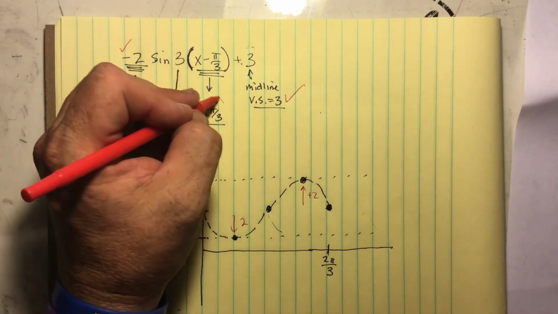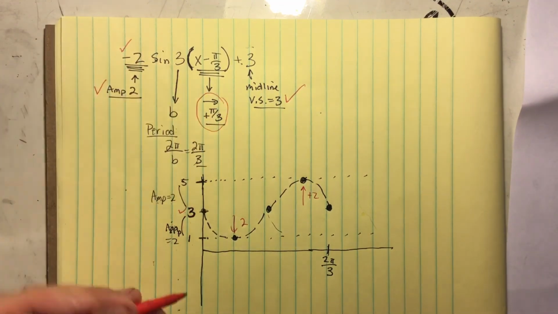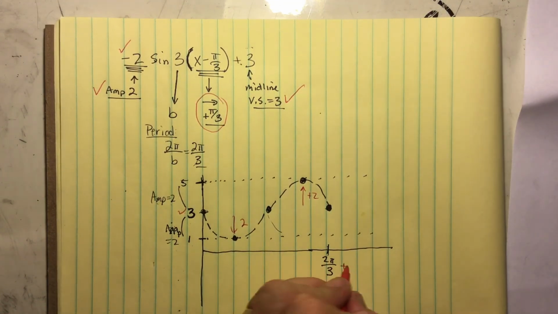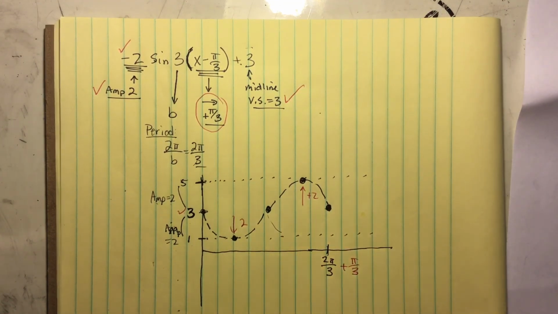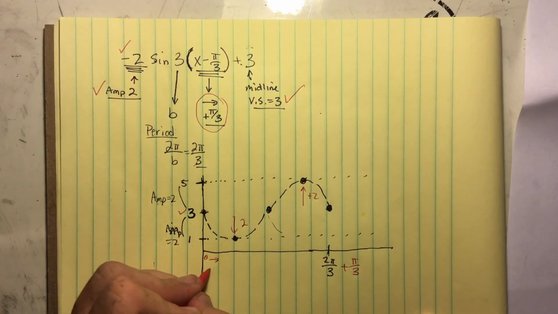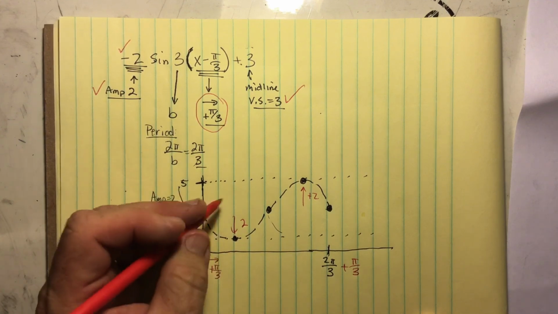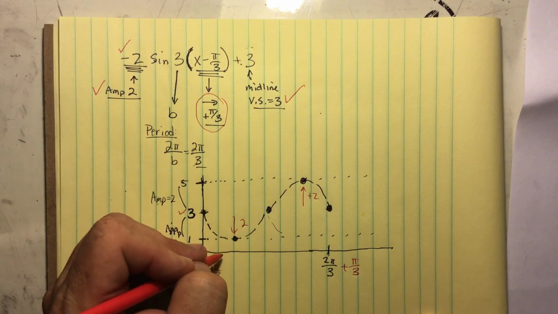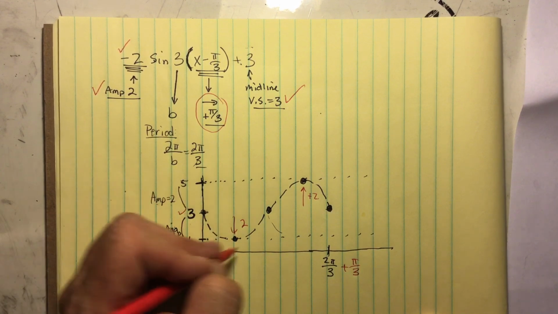Now all I have to do is apply my shift. So I got to move this thing pi over 3 this way. So I got to add pi over 3 here. And I have to add, this is 0, I have to add pi over 3 here. So this is going to move over to pi over 3 somewhere. Okay? So this will move over to pi over 3. It doesn't have to be exactly